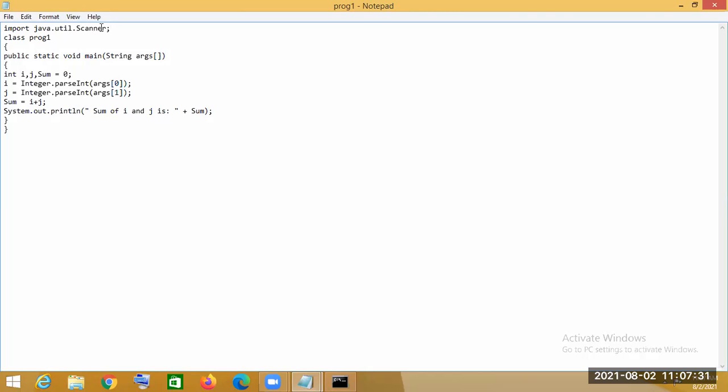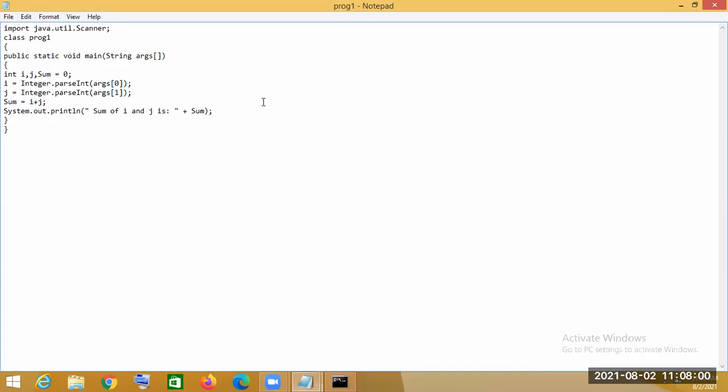After importing, we have to create the object of the Scanner class. If we don't create the object of the Scanner class in our program, then we cannot use the functions that are mentioned in the Scanner class.